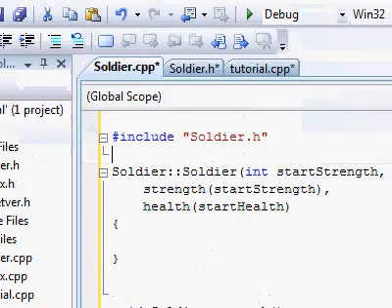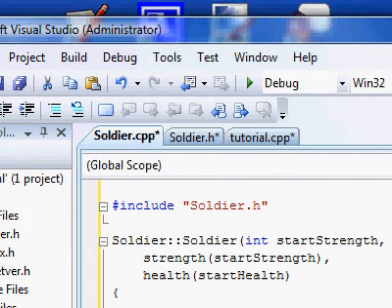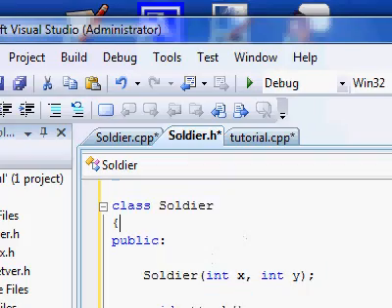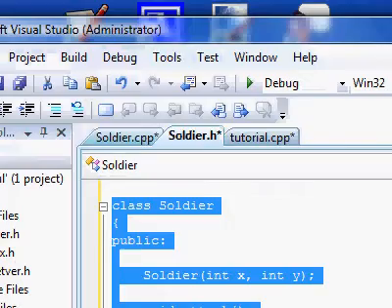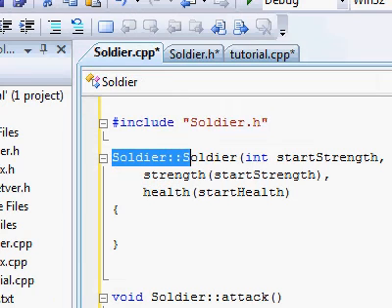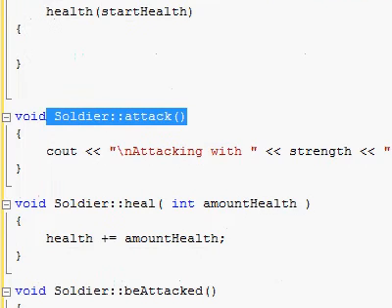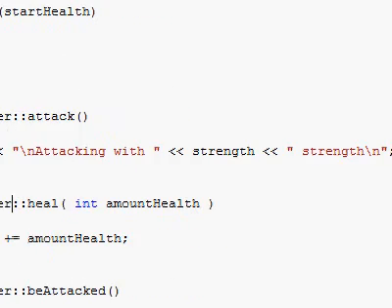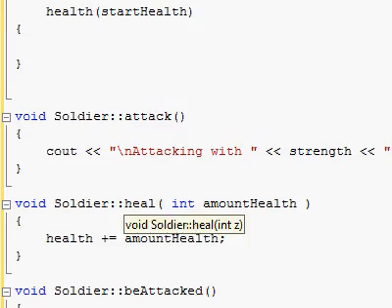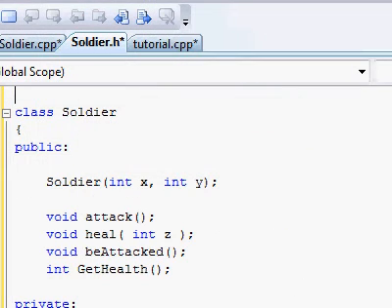Once the compiler compiled the header file, at that point we already know in our source file what the soldier class is, because it's as if we typed all of this code right over here. So now the compiler will understand what is the soldier constructor definition over here, and what is the attack definition over here, and the heal definition over here, and so everything compiles fine. And what we gained in the matter is that we successfully separated declaration from definition,